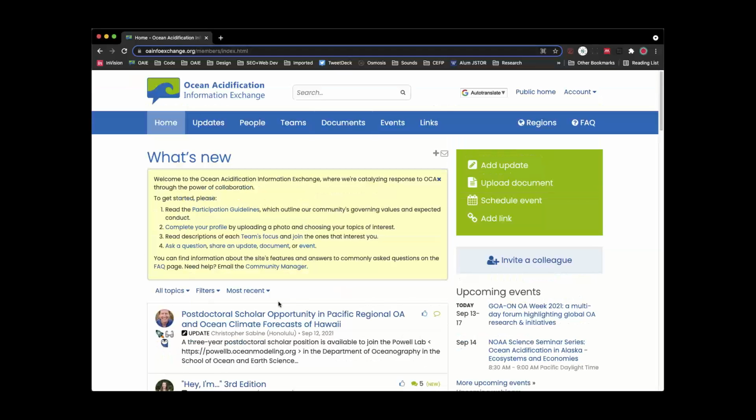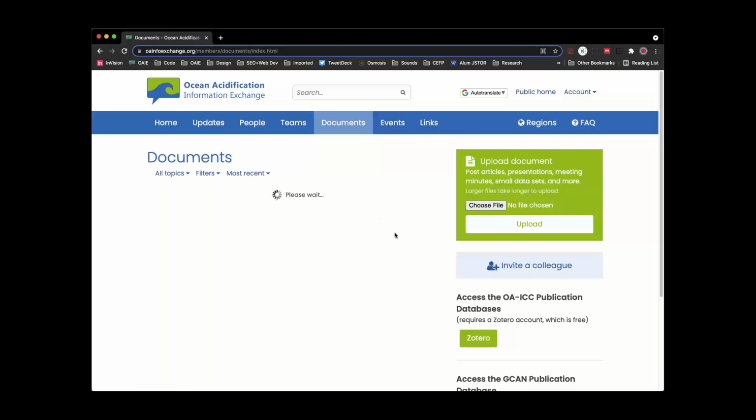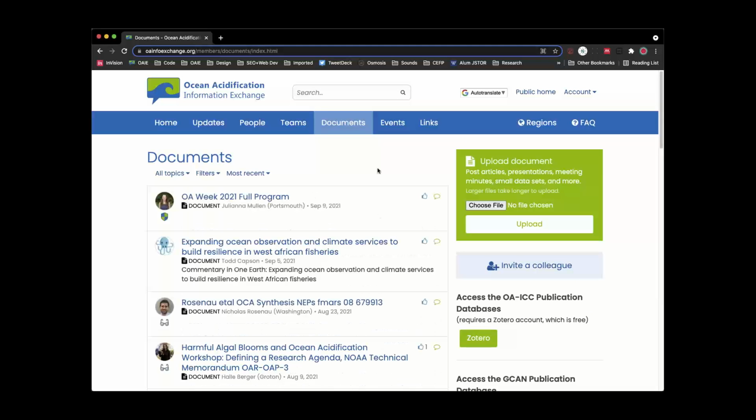So we're also going to talk about documents. You can attach a document to an update regularly, just at the bottom. You can also just choose to upload any kind of document. It doesn't have to be a PDF. It can be data sets. It can be photos. It can be presentations, spreadsheets. You can also upload GIFs, which I think is pretty fun.